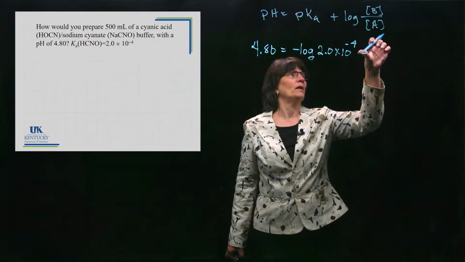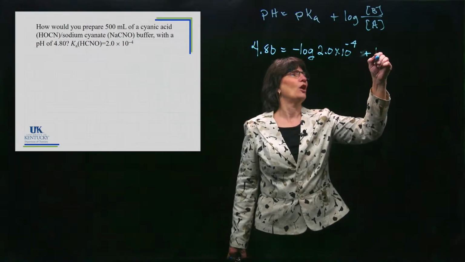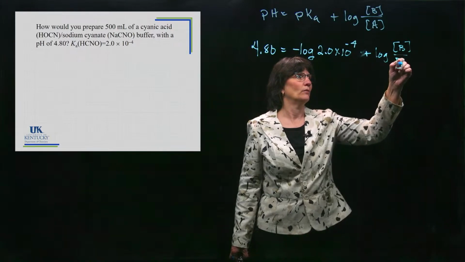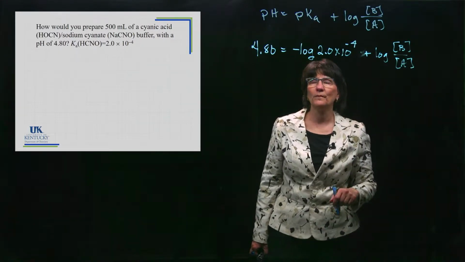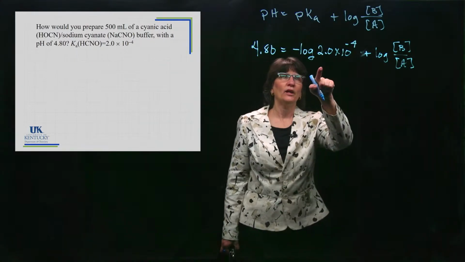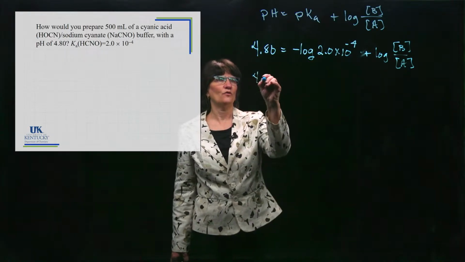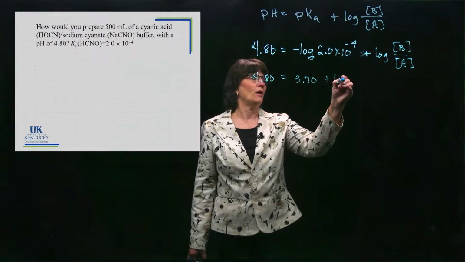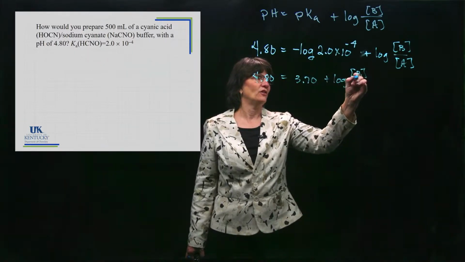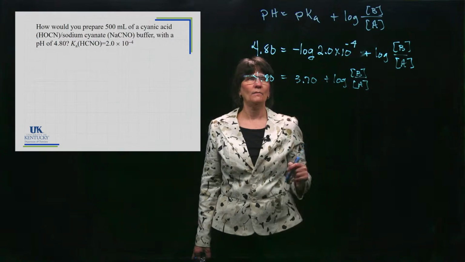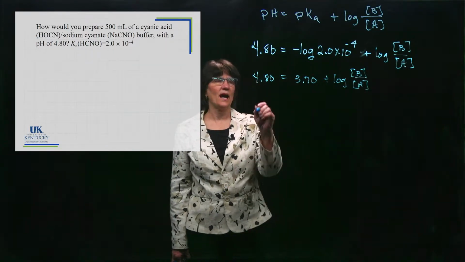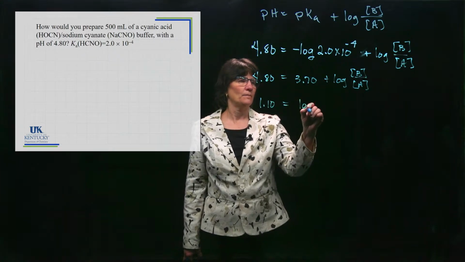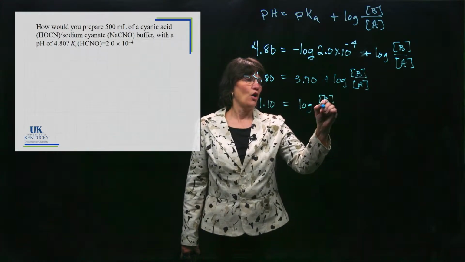And this, plus the log of the base, that part we don't know and we're solving for. Okay? That's what we're going to look for. So the negative log here is 3.70, okay? So 4.80 is equal to 3.70 plus the log of the base over the acid, okay? We'll subtract this over to this side, and that's going to give me 1.10 is equal to the log of the base over the acid,